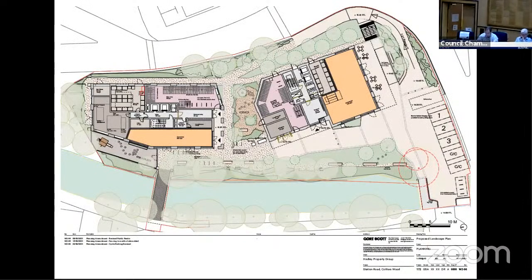The closest residential properties are to the west of the site on Mill Road and Dane Road, the closest being 21.7 meters, and that's at the lower end of the north block. The properties are separated from the site by some mature trees on the west bank of the river.